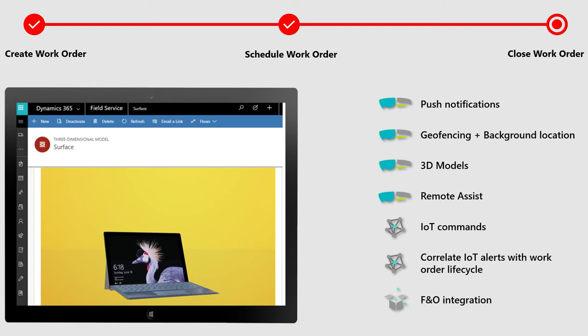So one of the things that we've enabled is the ability to do geofencing, and so everything that's a location, all of our customer locations and so forth, it's very easy to set up a geofence, and you can set the sensitivity on that, a radius geofence around these things, so that then with the mobile application running, with location running in the background or in the foreground, as the technician crosses those geo fences, those geo boundaries, then you can actually trigger events, and these events occur on the server side, and you can detect those events and say,